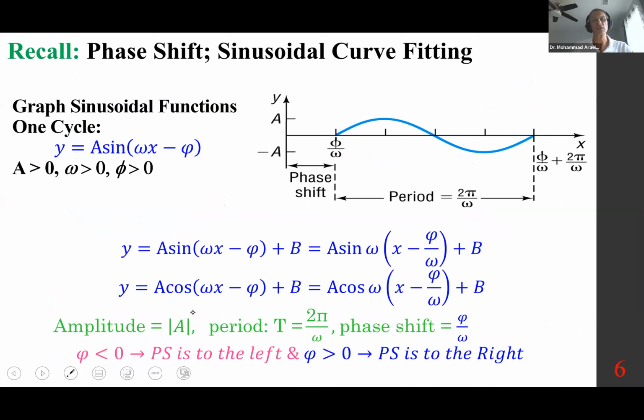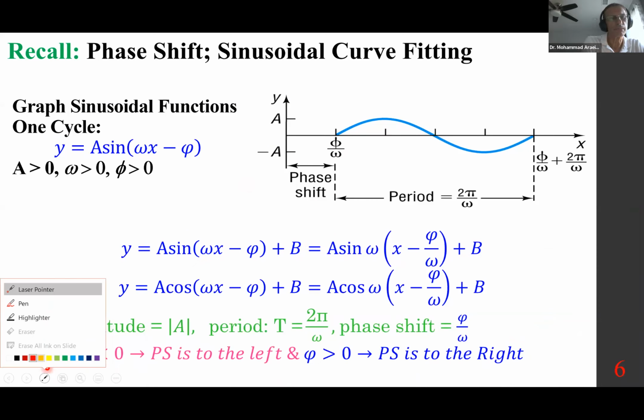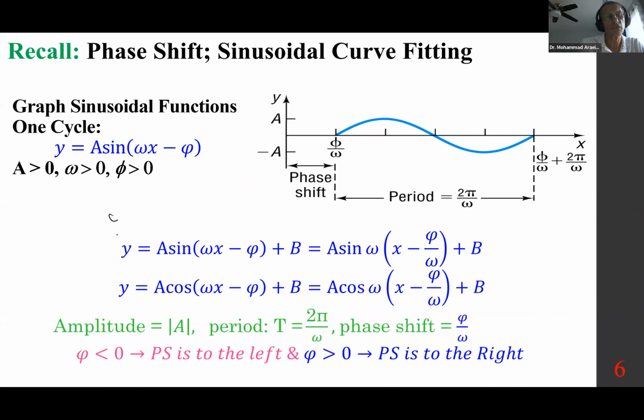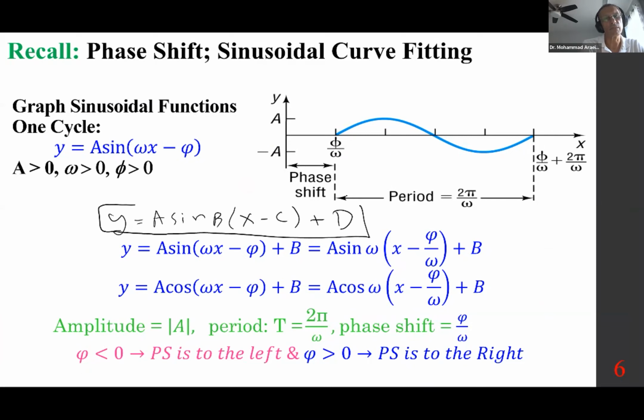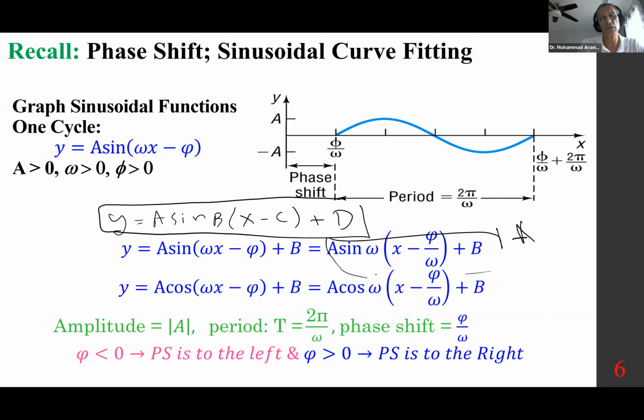Also, as far as the phase shift is concerned, when we have the general form, and by the way, in some texts, they may write it in this format: y equals a sine b times x minus c plus d. So in case you see that, you can compare it to this formula. So it depends on the text. Some texts want to go with different variables. In any event,